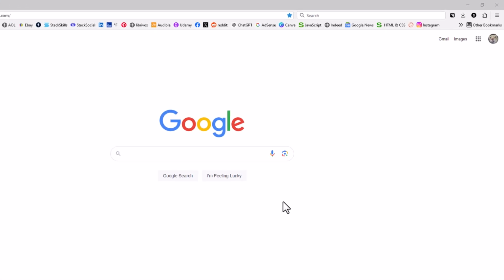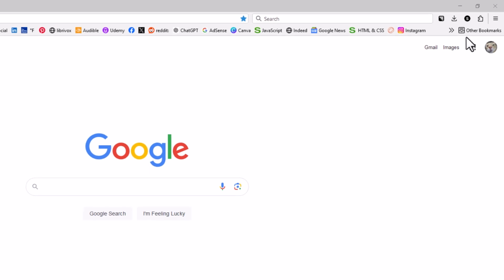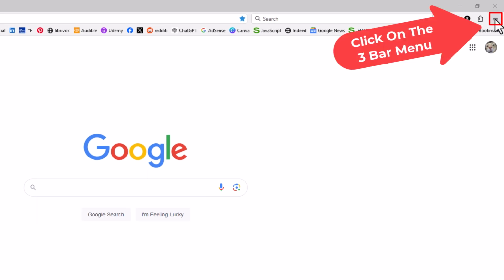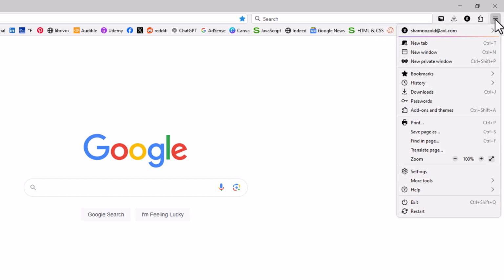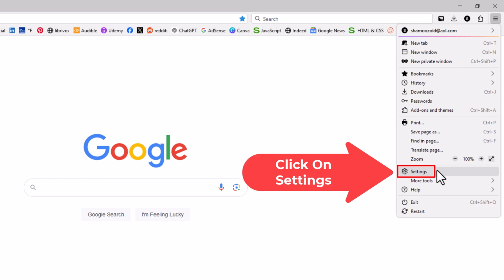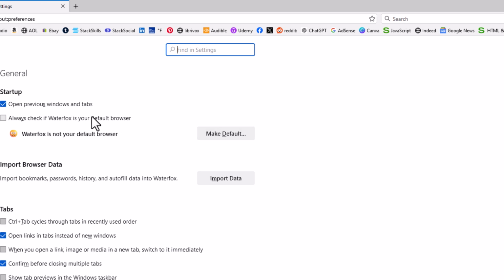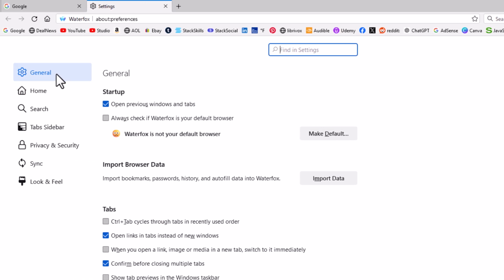First thing you want to do is go off to the upper right hand corner, up to where you see the 3-bar hamburger menu. You want to click on that. Then you want to go down to where it says Settings and click on Settings. Now on the pane off to the left hand side, I am on the General tab, and the first thing